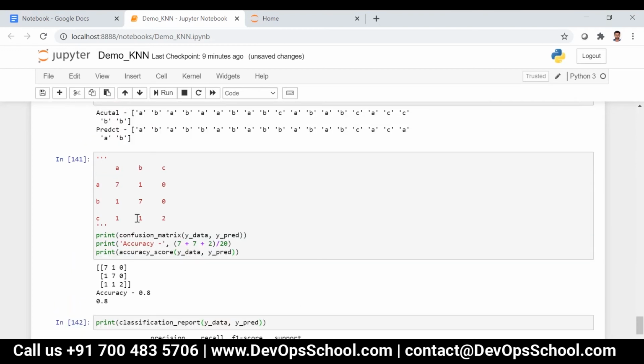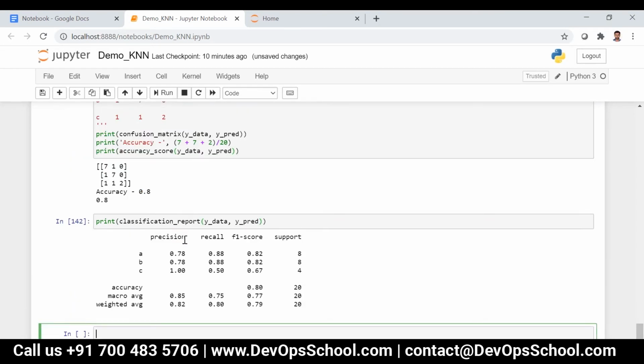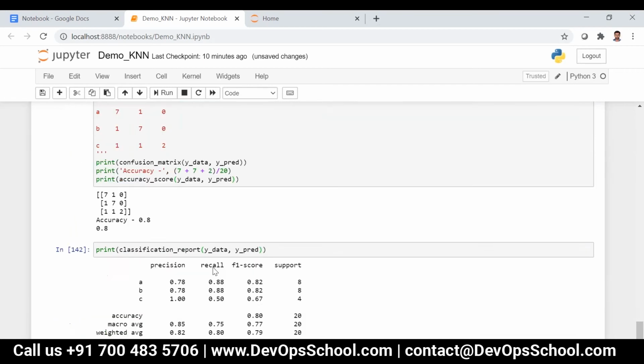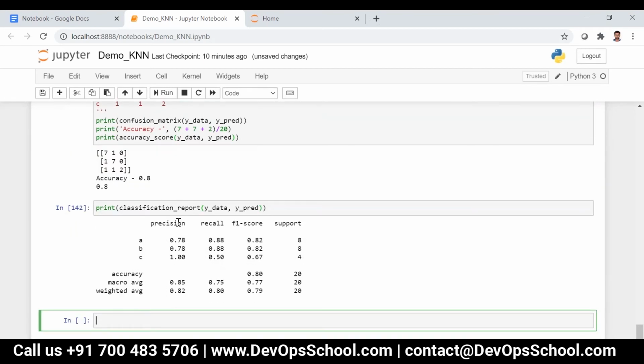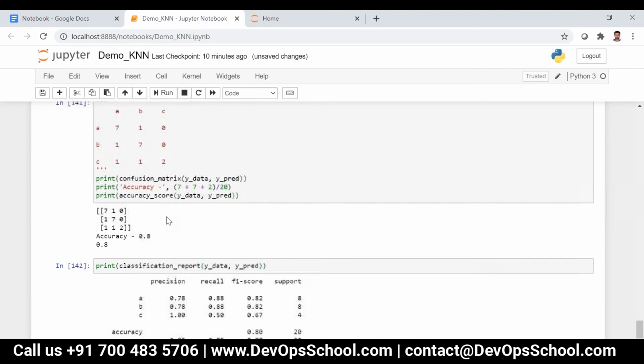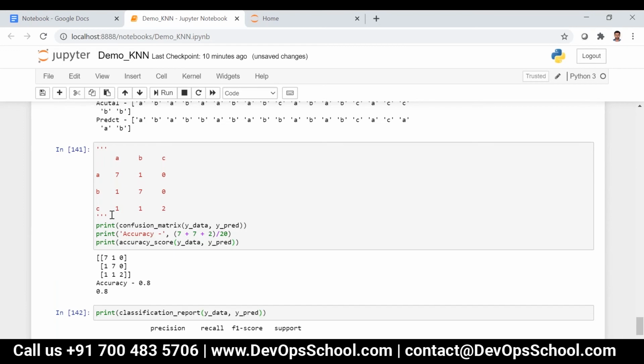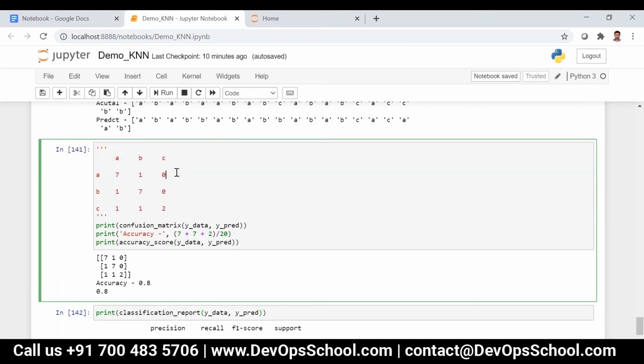Now I have 9 data actually. For precision, we have to consider the true cases and also all the positive cases. So this calculation will be increasing, the complexity will be increasing as and when the labels are getting increased. So guys, clear? This is how you can see it for multi-class classification.